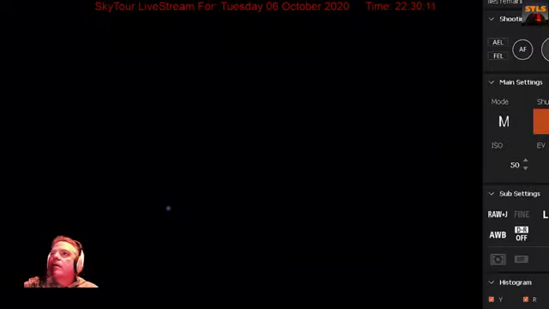Interesting, the longer the exposure, the more susceptible to local seeing conditions. Yeah. So let's get to the lowest possible exposure. This is 1/8 of a second, so it'll be fairly dim right here.